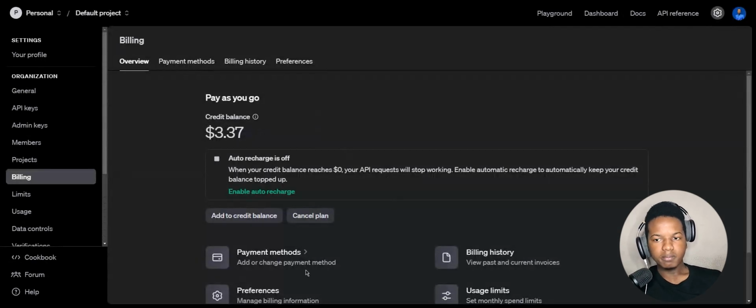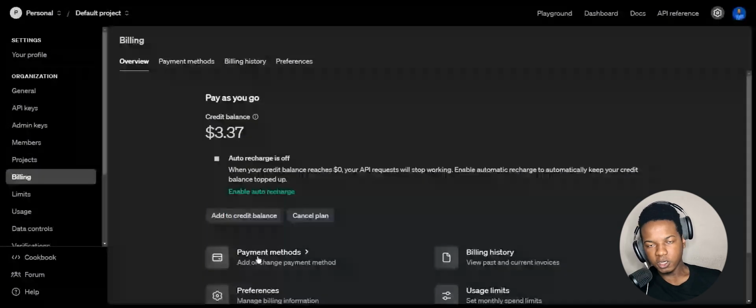You're going to want to add credit to your balance. And to add credit to your balance, you want to have a card on file in ChatGPT. That means if you have the Pro subscription, don't worry about adding a card because ChatGPT already has your card on file. If you have the ChatGPT Pro version, which at the time of this recording is about $20 every single month,